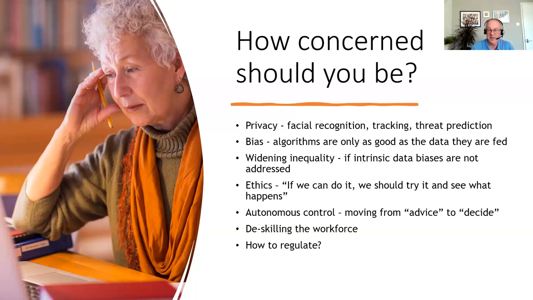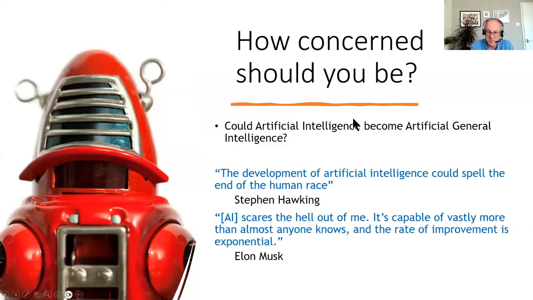And then finally, how to regulate all this. And that's a task which is challenging many people in government and in specialist agencies such as the Centre for Data Ethics, as I mentioned, and other bodies which are looking at ethical and appropriate use of artificial intelligence and machine learning in the world, in healthcare, and in society. So those are some of the concerns. And I could rattle off others, but I thought, no, let's go to two quite different people. One is Stephen Hawking, one is Elon Musk, and both of them have got their own concerns about artificial intelligence.